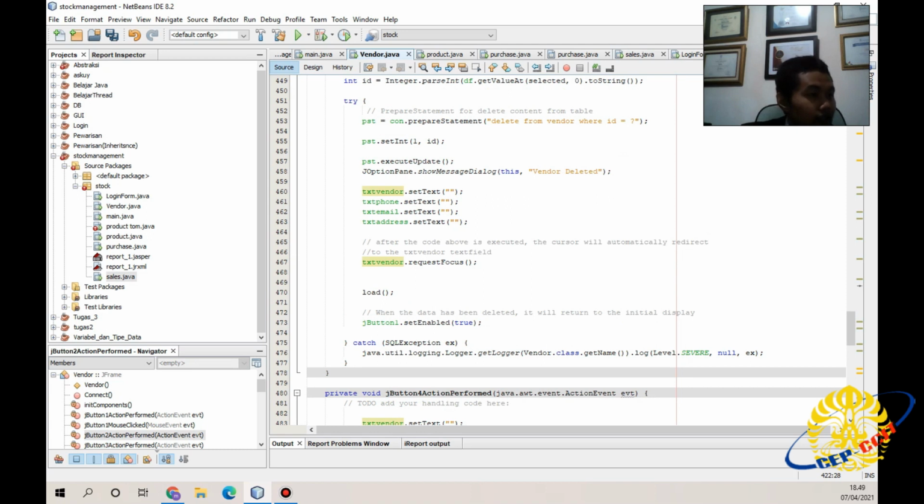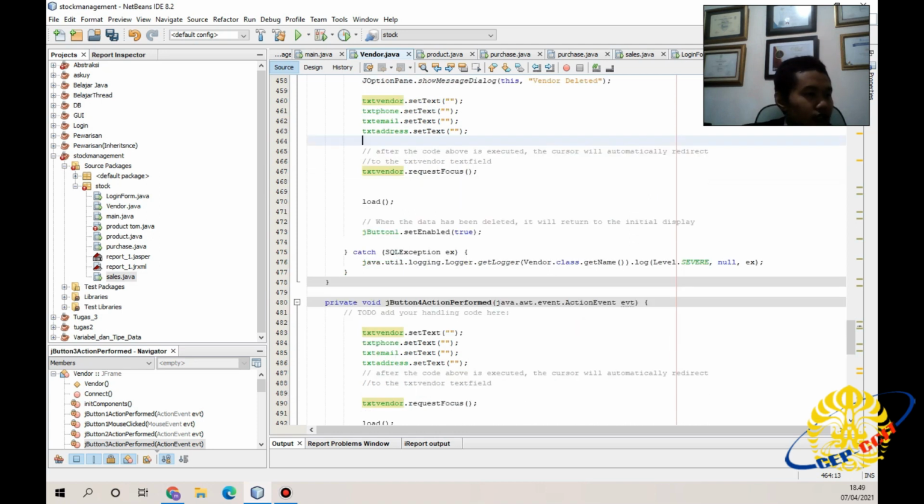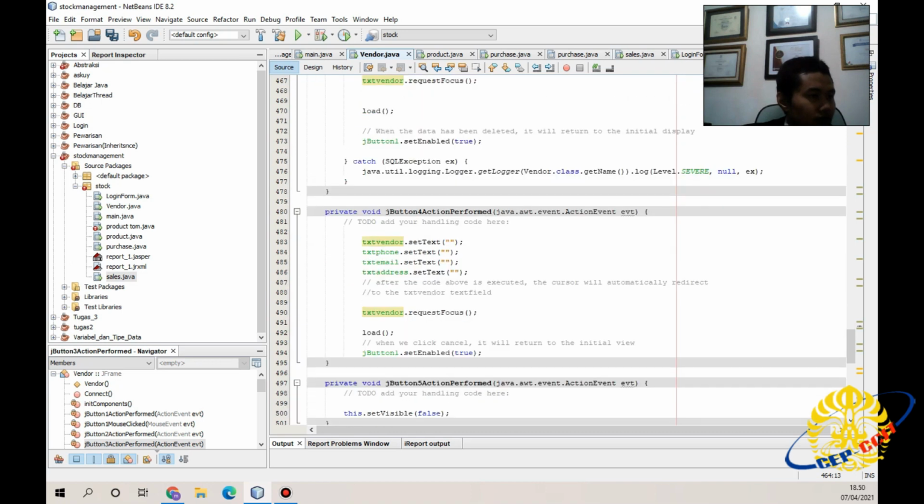If deleted, the set text will be empty like this. Okay, txtVendor.requestFocus. After the code above is executed, the cursor will automatically redirect to the txtVendor text field. jButton1 setEnabled true.